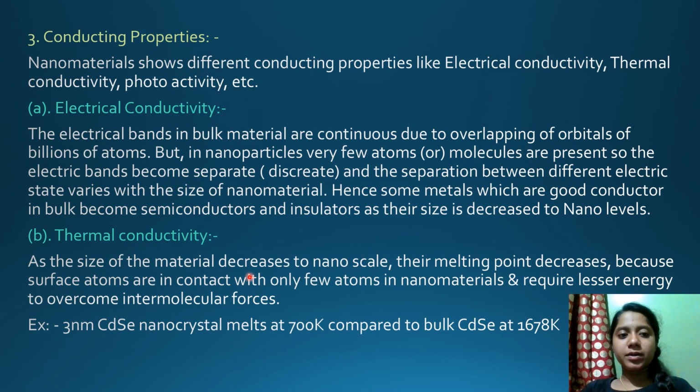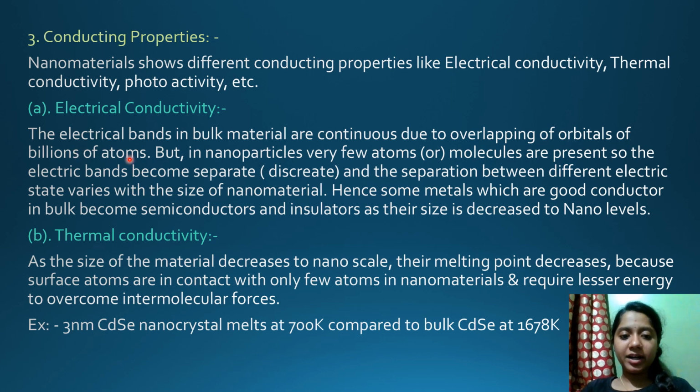Coming to the last property, that is the conducting properties. Nanomaterials show different conducting properties like electrical conductivity, thermal conductivity, photoactivity, etc. Electrical conductivity. The electrical bands in bulk material are continuous due to overlapping of orbitals